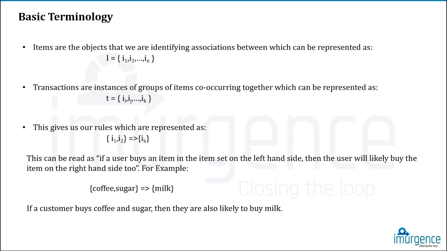So the basic terminology is that there are 2 sets, right? The association between which can be presented, right? So we're using the arules package, which has the apriori algorithm. So internally what happens is, from a single element to the most complex combination of elements, the algorithm will create